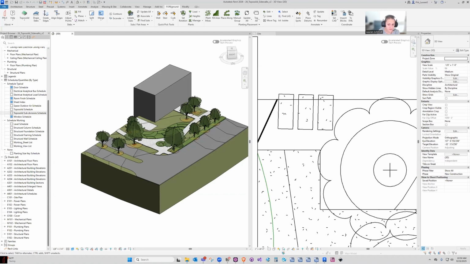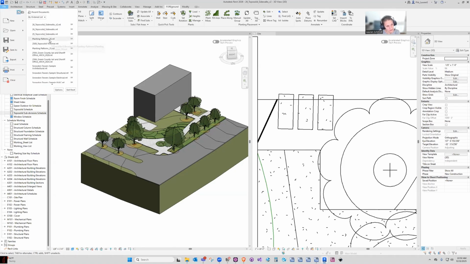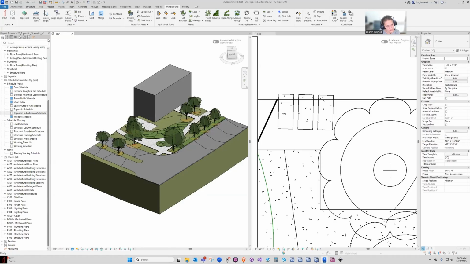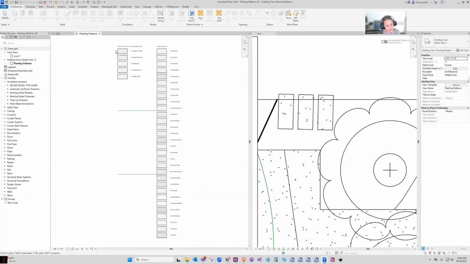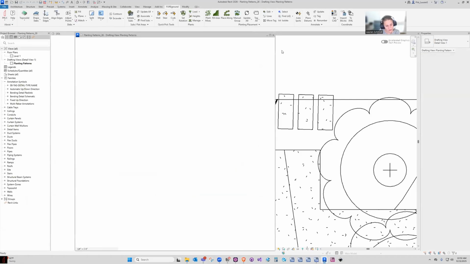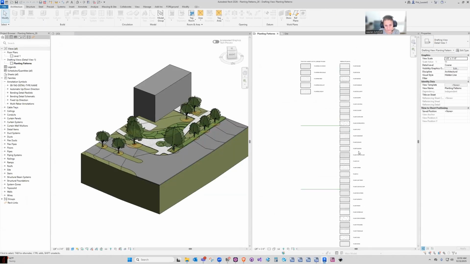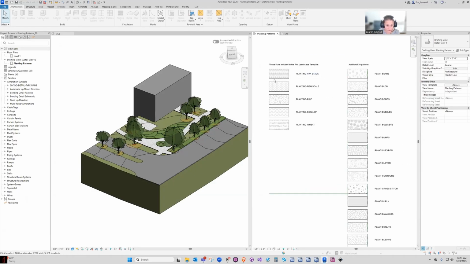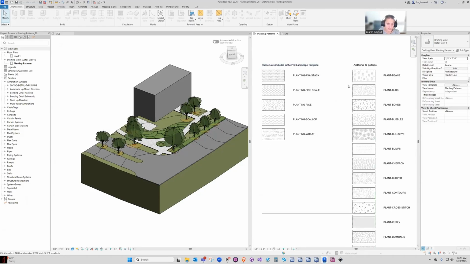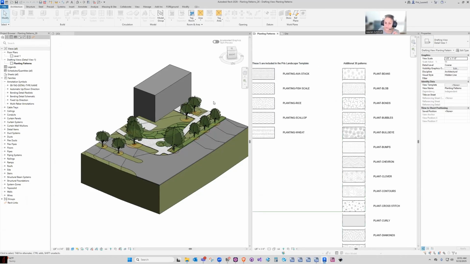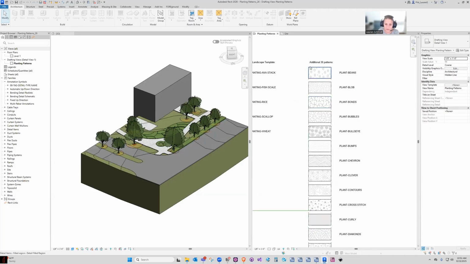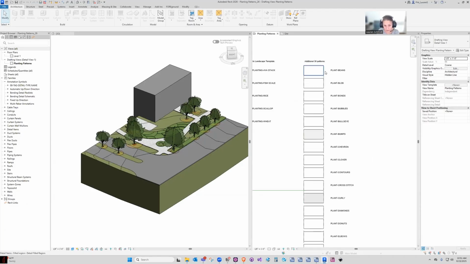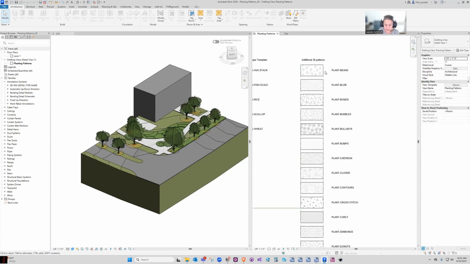All right, since we have a couple minutes, I'll go ahead and just open up our little planting patterns file. If anyone else has any questions, feel free to ask. I feel like people are always interested in seeing these sort of things. So like I said, there's 30 patterns there, and we actually include the 5 that are in the Parallax landscape template as well, that are sort of our base patterns, but you can see that they have a wide range of appearances and densities, so the idea is that they all work